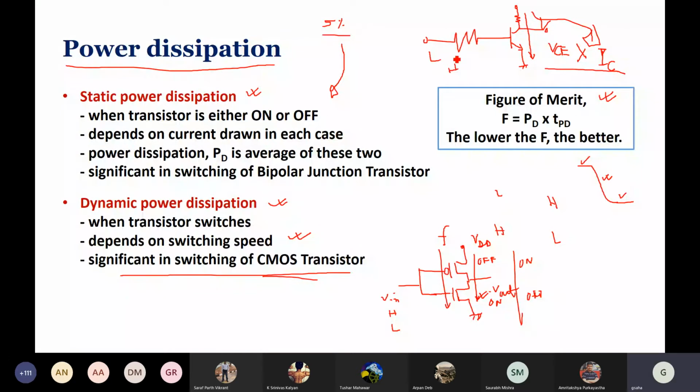In general, you can do the calculation later on and verify it. So generally speaking, the reduction in the value of resistance increases the power dissipation. Okay, but while that is bad in a certain sense, can you tell me, with reduction in resistance, what happens to the propagation delay? If I reduce the resistance value, what happens to the propagation delay?